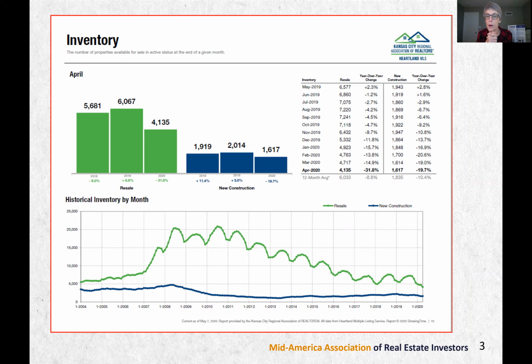sell to first-time homebuyers. Well, the lenders have changed some rules. So if you're selling to first-time homebuyers, there are fewer first-time homebuyers out there. Some have been affected because they've lost their jobs or been furloughed, but some because the lenders have all of a sudden said, well, you have to have a higher credit score and you might need more money down.